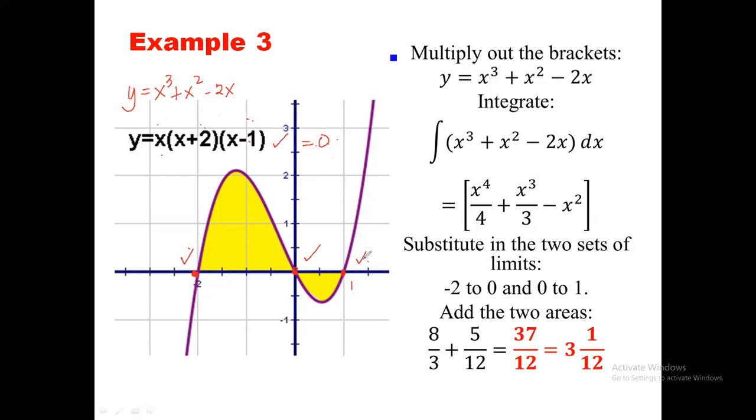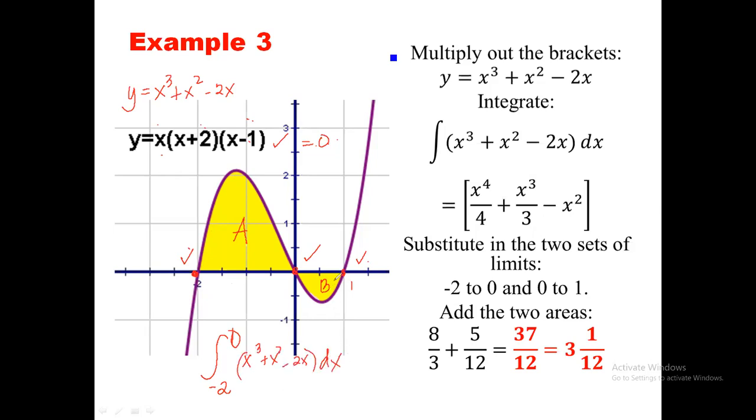Yes, miss. Let's say I will have this area as A and I will have this area as B. How will you find the areas? Very, very simple. For A, since it's above the x-axis, you will have the integral. Take note, your limit is negative 2 to 0, not 1. Until only 0, because it's above the x-axis. And I will write this entire thing. I will have x cubed plus x squared minus 2x